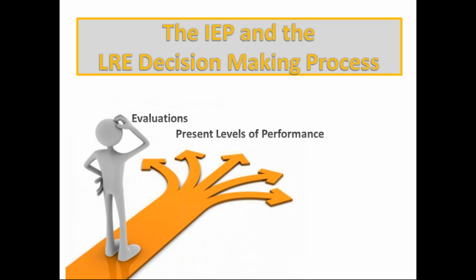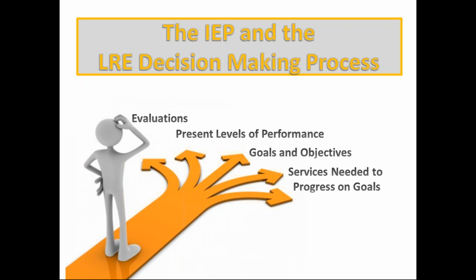Be sure as a parent that your child's PLEPs are well defined, because your child's special education program will be determined by what they say in them. Look at the goals and objectives to see what type of environment they could be met in. They could possibly be met in many different environments. Then look at the special education supports and services the child needs to be able to progress on his goals. LRE determines what constitutes an appropriate program for the student, not what pre-existing program fits best.